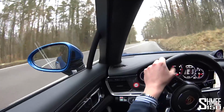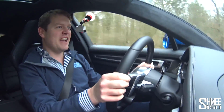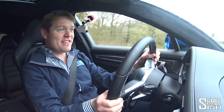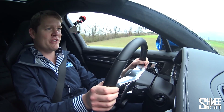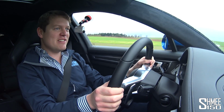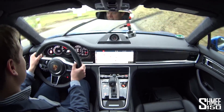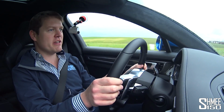But here, concentrating a little bit more as I put my foot down, goodness me, it just gets a move on. It moves that weight so dramatically fast. And this is not even the quickest version of this car. It's 130 horsepower down on the quickest version of this car. That's ludicrous on its own. Even if it was like 30 horsepower down, you'd be like, the one up is the one to have. But 130 horsepower more. I couldn't tell you the exact price difference off by heart, but